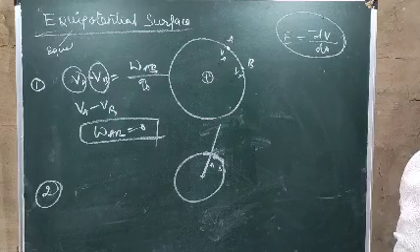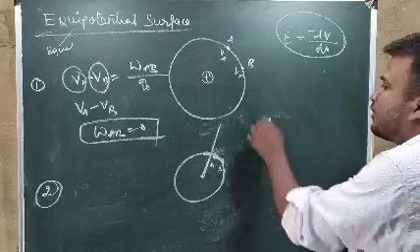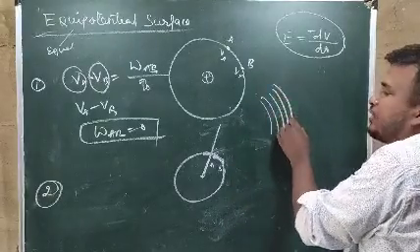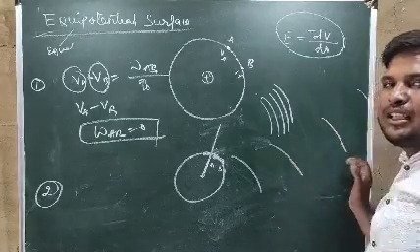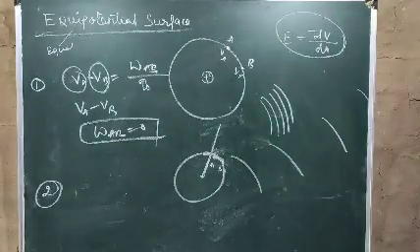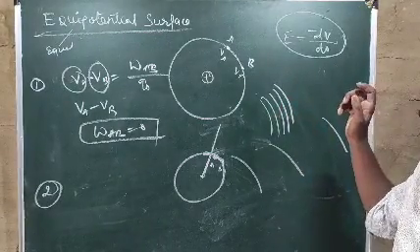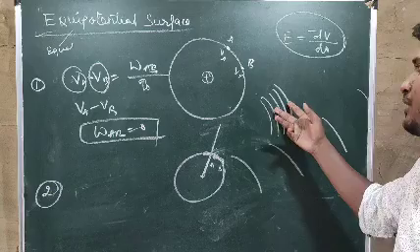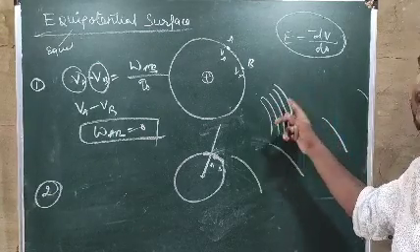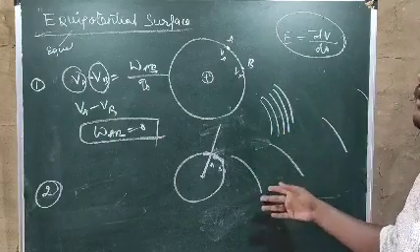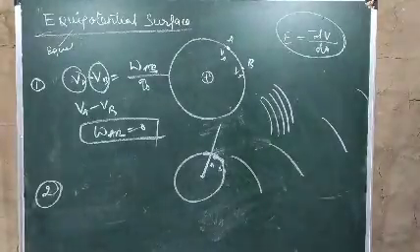The third point is that the equipotential surface helps to distinguish the region of a strong field from that of a weak field. It means if equipotential surfaces are very close, then we can say the field here is strong, and if equipotential surfaces are very far away, then the electric field over here will be very less. If the equipotential surfaces are closely spaced, then we can say the electric field is more here. If the equipotential surfaces are very separated, then the electric field strength will be very, very less, or we can say weak.